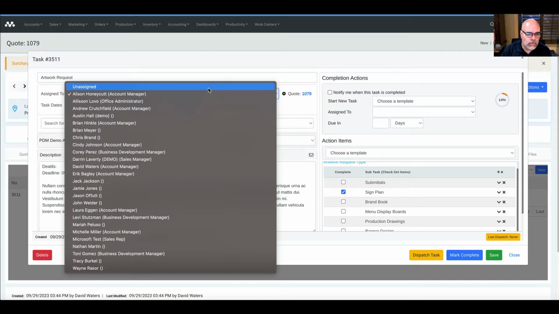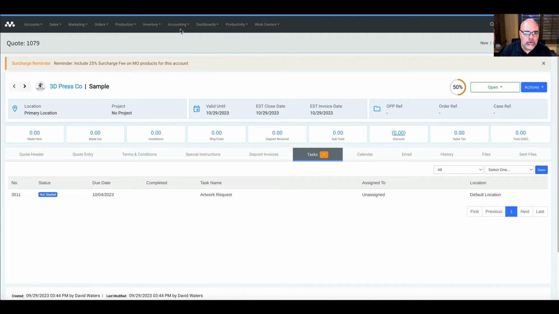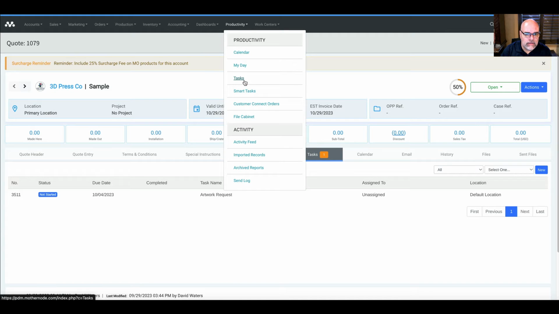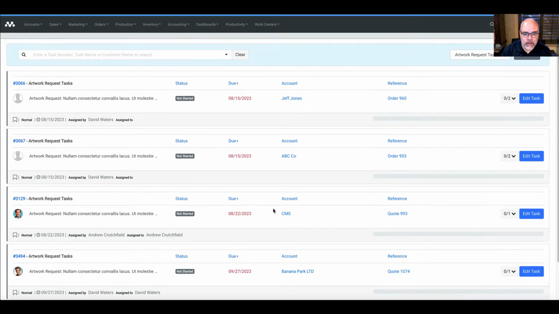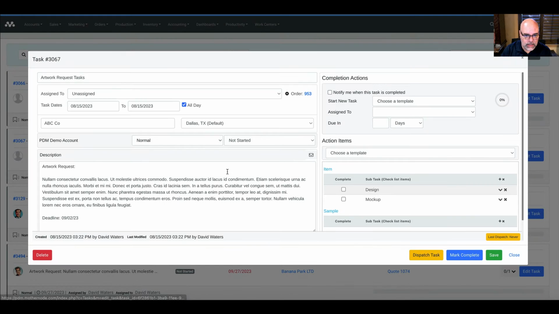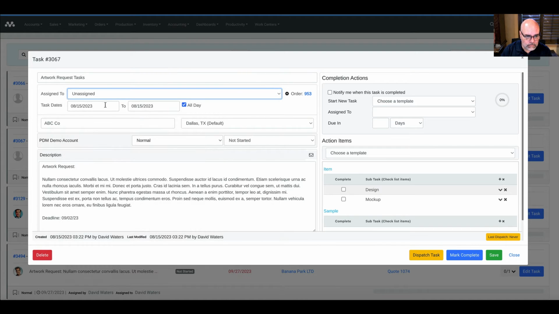Furthermore, I'll close out of this. When you go into your task list, you can sort by the tasks. In this case, I'm only looking at all the artwork requests that I have. When I open up one of these, I can assign it to myself or somebody else. When I do that, I now have the task in my queue,